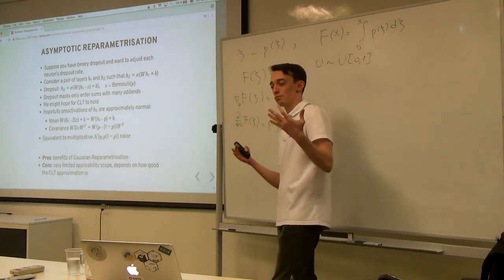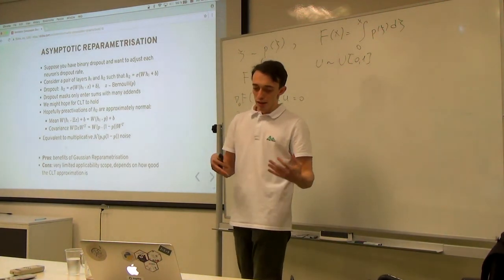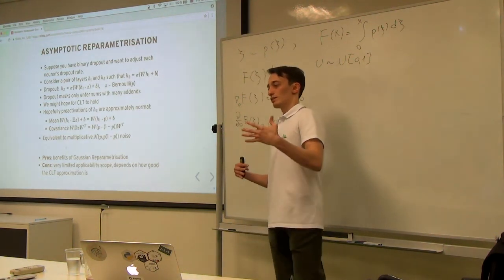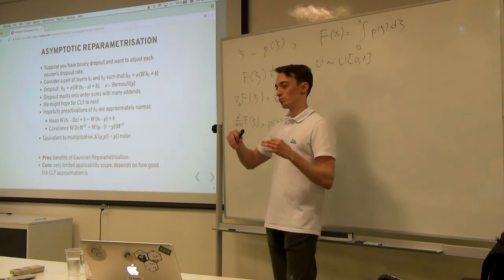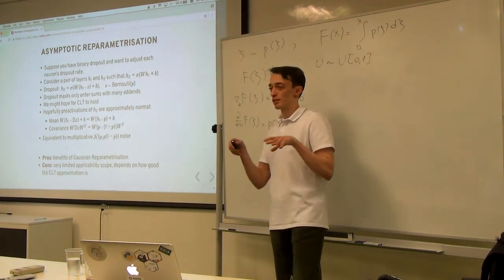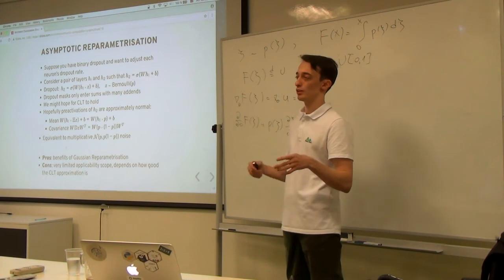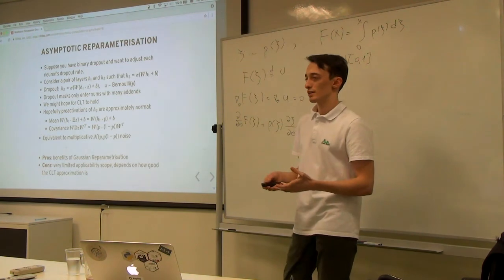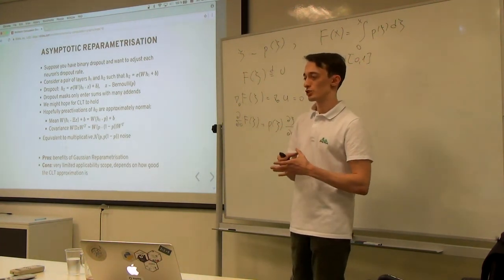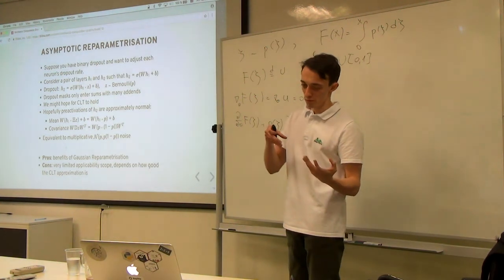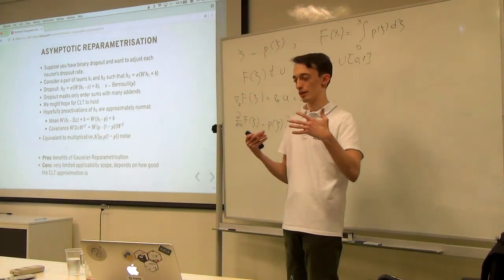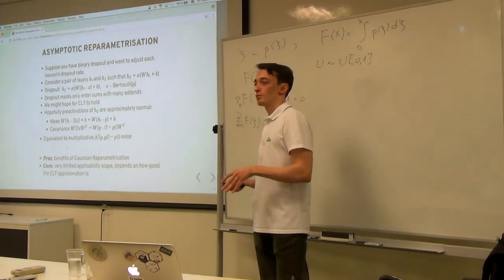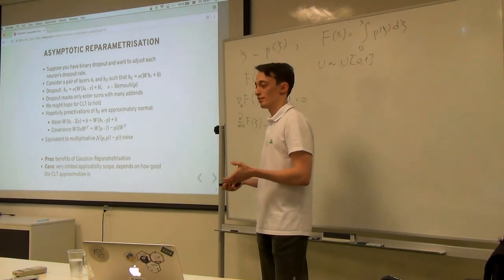Suppose you have a binary dropout, then what that means is that you have some mask of binary random variables, and, for example, suppose that nodes of a given layer are first masked, then you apply the weights, then you apply the activation function to these. That means that the pre-activations of this activation function, the nodes of a given layer after linear transformation by the weight matrix, is just a combination of many independent random variables, well, with some weights,